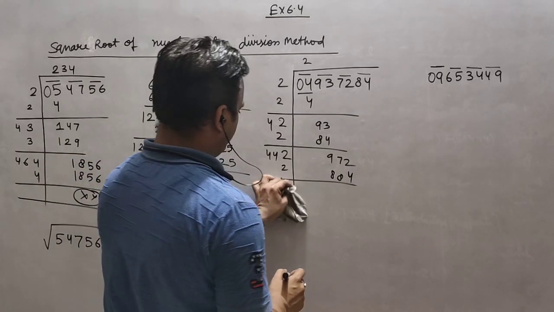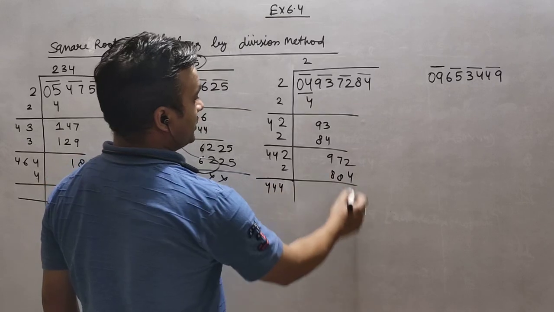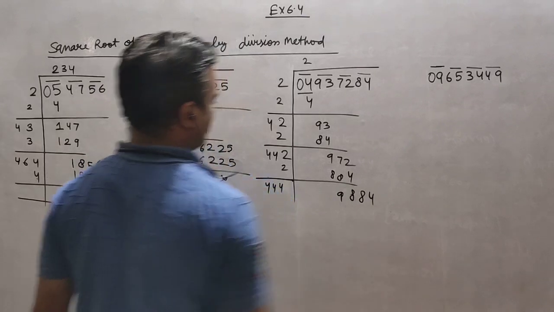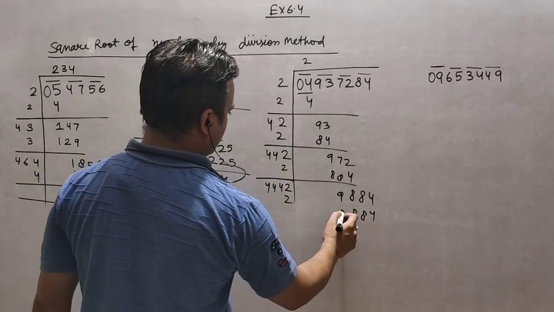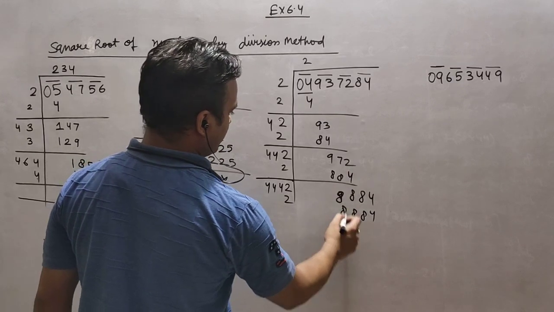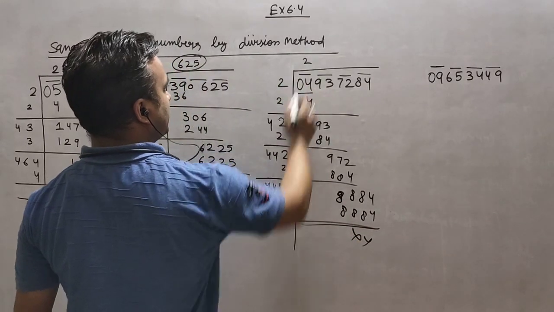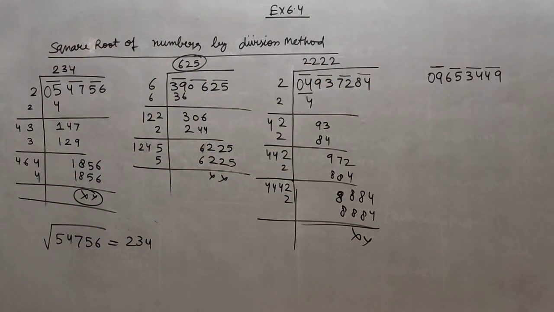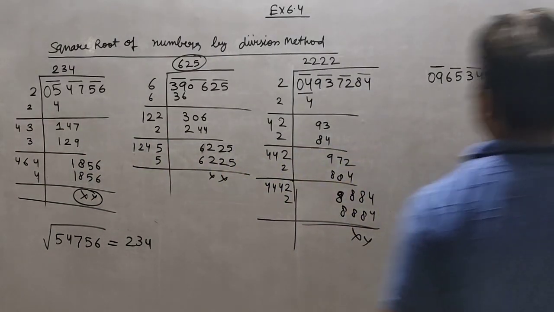Okay, I will start from here a little bit because we have to place one more number. So it is here 8, 9. And what is next? 4. So what do we have to put here? 2. 2 4s are 8, 8, and 2 4s are 8. Oh, sorry, it will be 8. So we have taken 2, then one more 2, then one more 2, and then 1. It means 4 times 2 we have to take. So the square root of this one is 4 times 2, 2220.